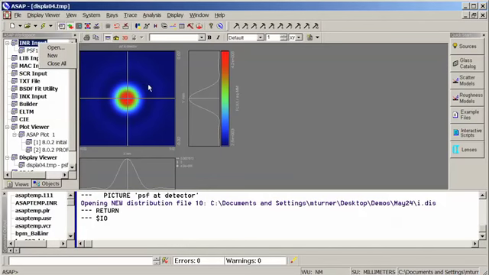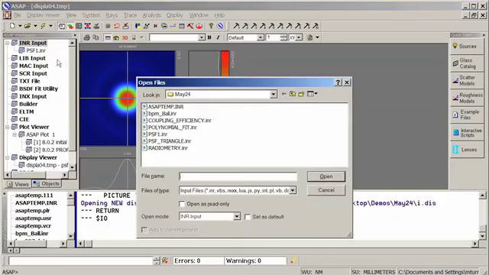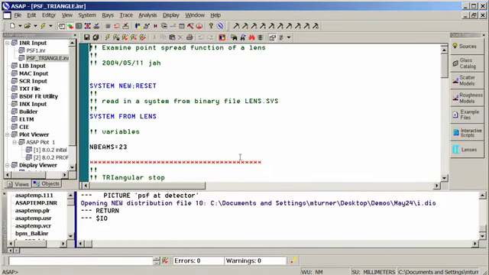We can see the effects of the aperture diffraction here, but this is a nice circular aperture in a rotationally symmetric optical system. We can also have other shaped apertures, including, for instance, a triangular aperture. And what we want to do is see what the effect of this triangular aperture is as the light goes